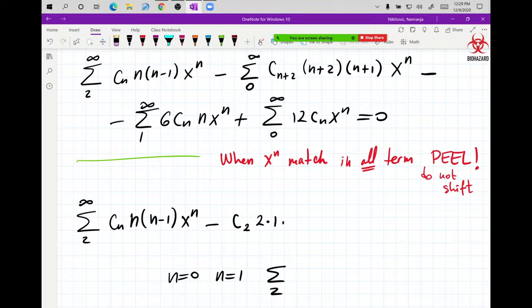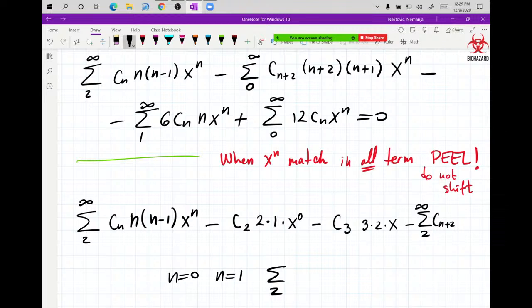I'll actually write it as x to the 0. There we go. Then I need to peel another term, and it's also going to be negative, obviously, because negative distributes into each term. Now I'm peeling 1, and that's a C3. And then it's 3 times 2 and times x to the first power. And now minus the rest is the summation that starts at 0, and I have Cn plus 2